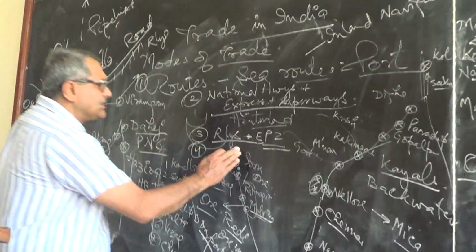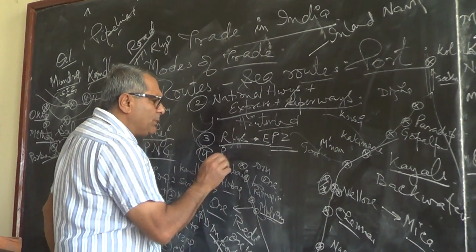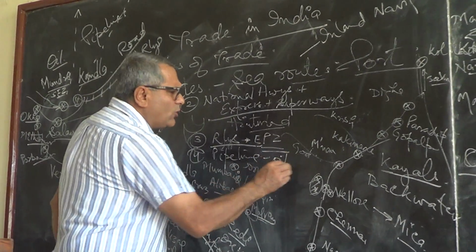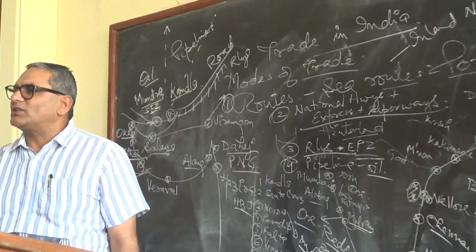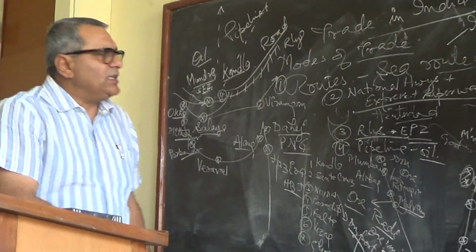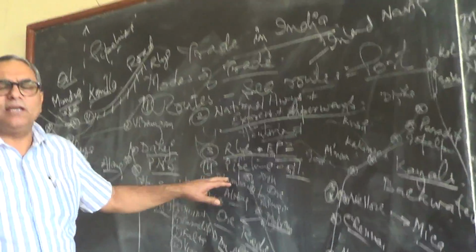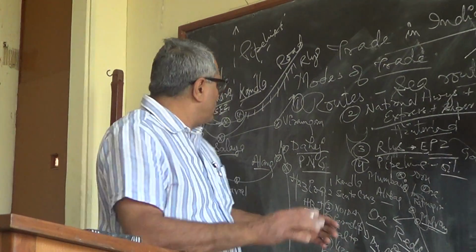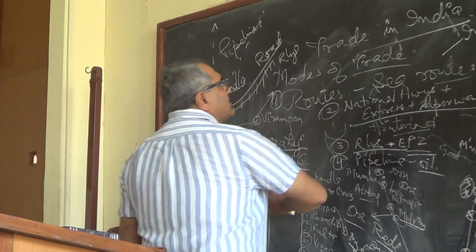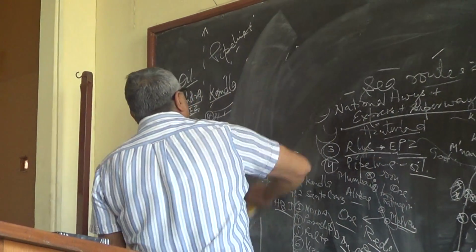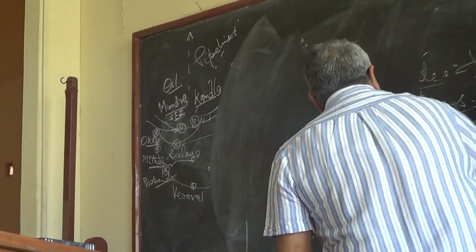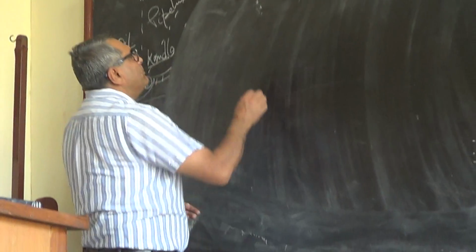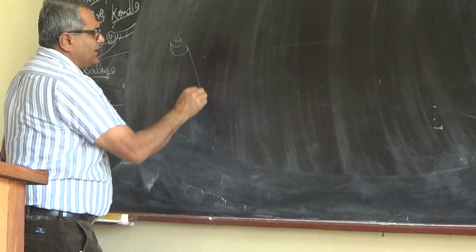Apart from that, the fifth is the pipelines. Through pipelines we basically supply chemicals and oil. Chemical, oil and gaseous, all petroleum products, we supply through pipelines for export and import. So we have a series of pipelines, like the HBJ pipeline. Should I just show you the nature of pipelines in the country? It will help you understand the nature of the trade in oil products, how we supply them. So the important pipelines in the country are